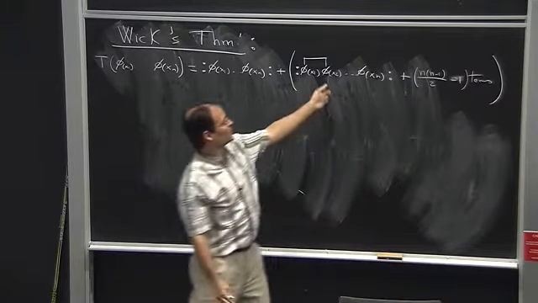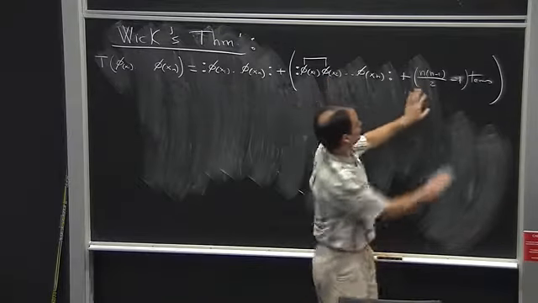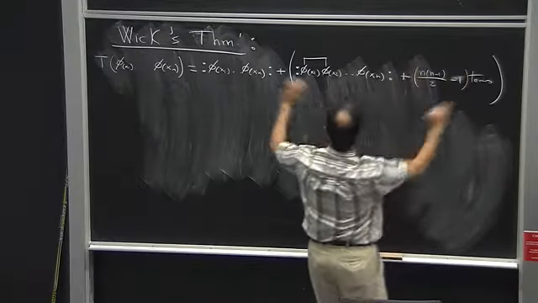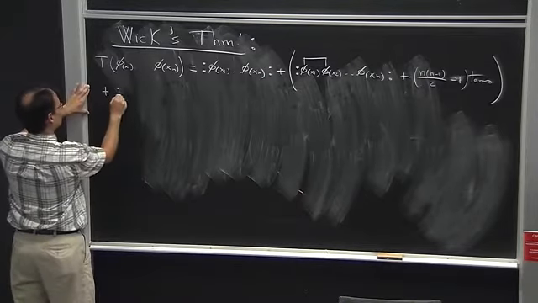The minus 1 is because I already wrote this one. This is the total number of terms with one contraction. Plus